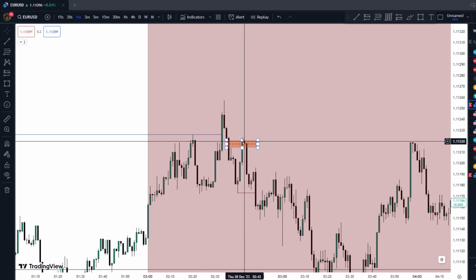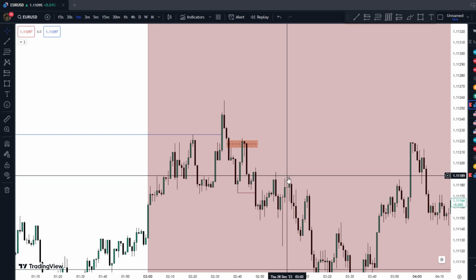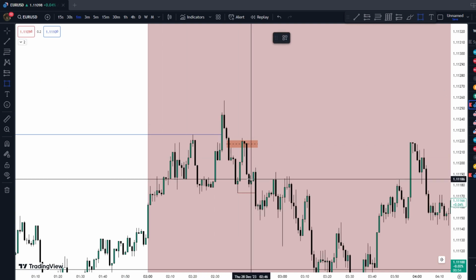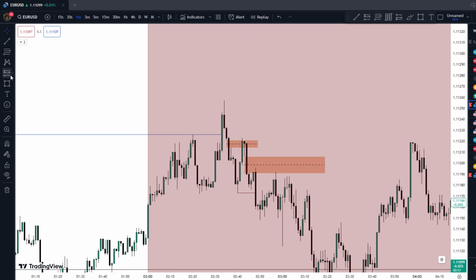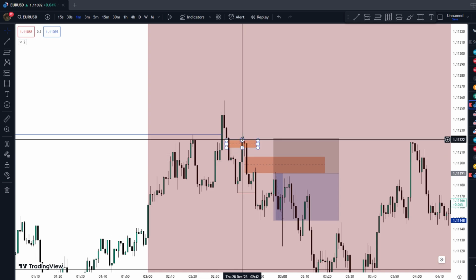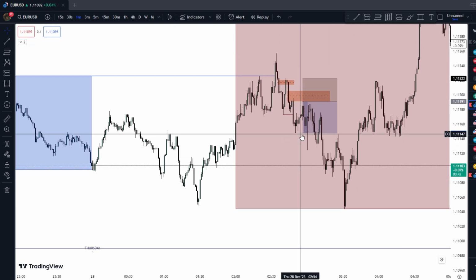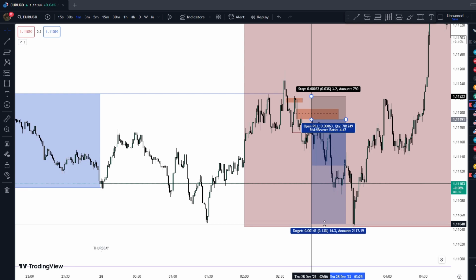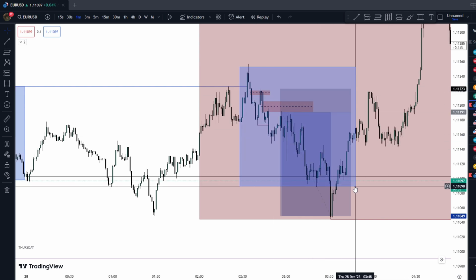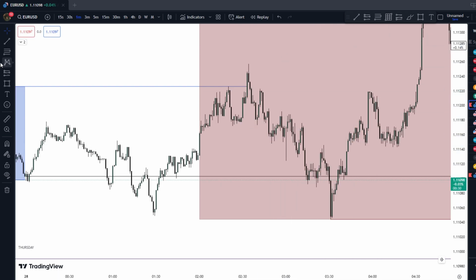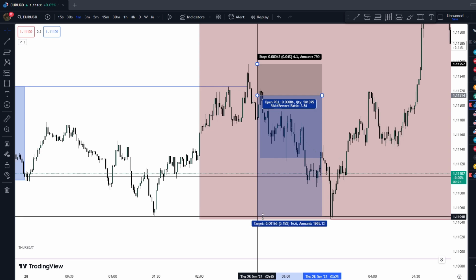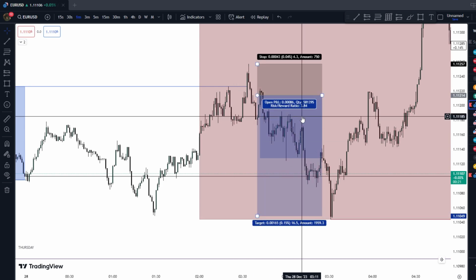You see, we respect this. We come down, we do a market structure shift. Then I would enter somewhere around here. As you can see, price would have tagged us in, stop on this high, and TP on the low, opposing liquidity. It's quick and easy. Even if you entered here, stop on the high, TP on the low, easy one to four, or 1 to 3.8.